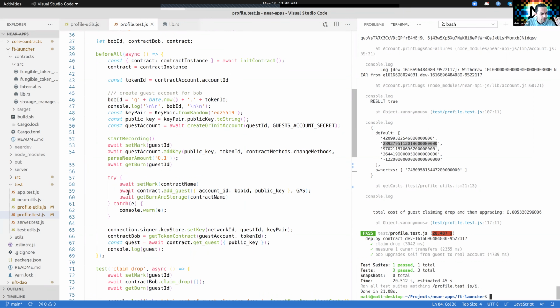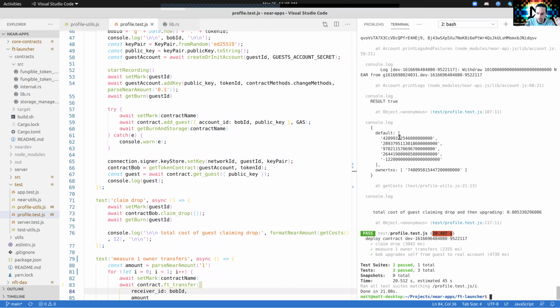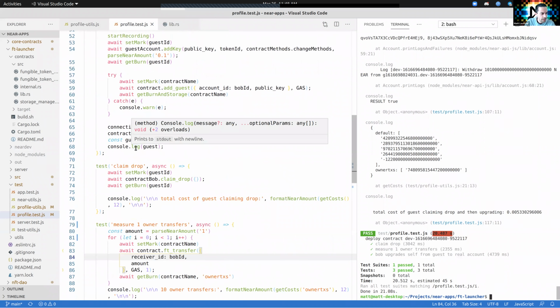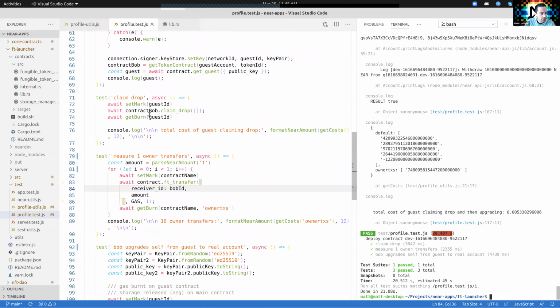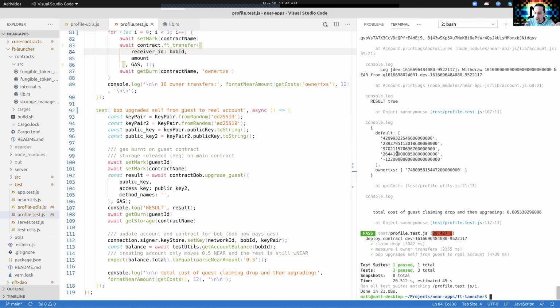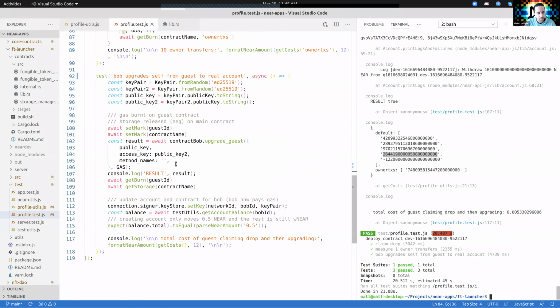It's here, and there's here. So 1, 2, and then there's claim the drop. Oh, I think it's all, oh yeah. Okay, I know why. The second large transaction is actually the gas that is burnt. It has nothing to, I mean, it does have to do with storage because the guest